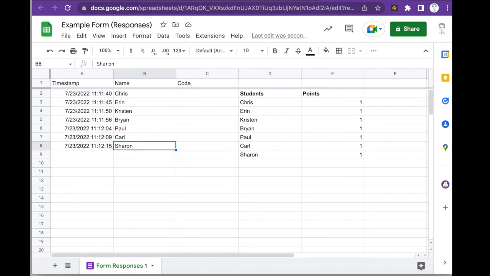So all it is doing is every time I submit a name, it will count how many times it sees that name. A reminder that I just did the range from B1 all the way down, and I just did whatever this box is. That's what's going to tell me over here. So D9, we'll put right there. For example, if I put Sharon again, Sharon another time. If I go back to my form,